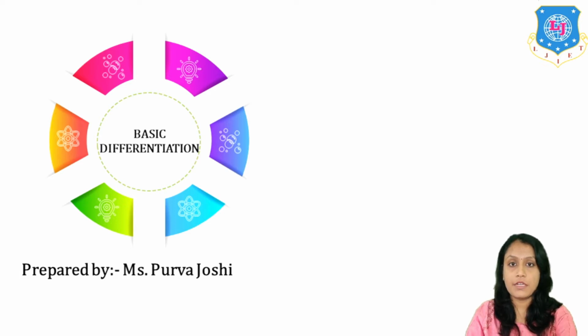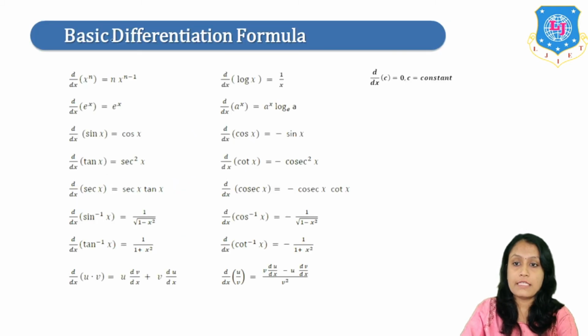Today we are going to study a topic named basic differentiation. Let's start with the formula. So derivative of x raised to n is n x raised to n minus 1. Okay, this n is the constant. We'll bring it over here, and reduce the power, so n minus 1. d by dx of log x is 1 upon x. Then derivative of a constant is 0.